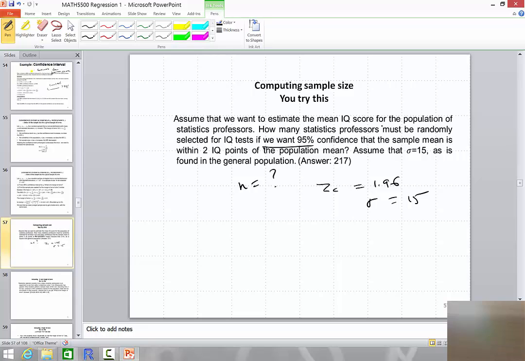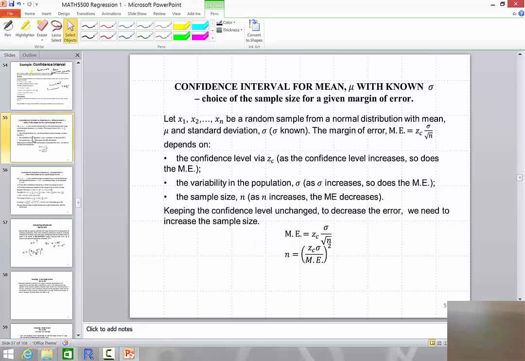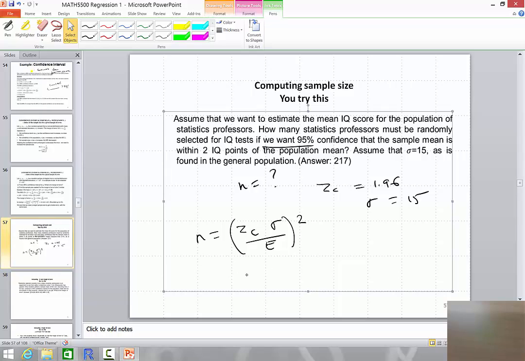How many stats professors must be selected? All right, so what is the formula? n is equal to (z critical times sigma divided by E) squared. This is the formula from slide 55, right? All right, so the z critical is